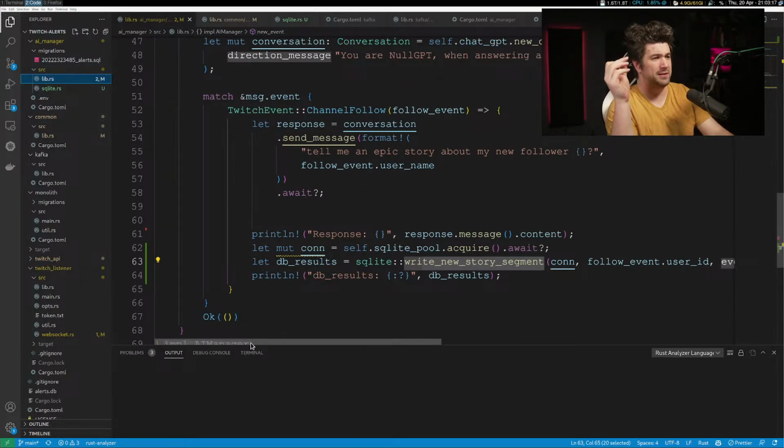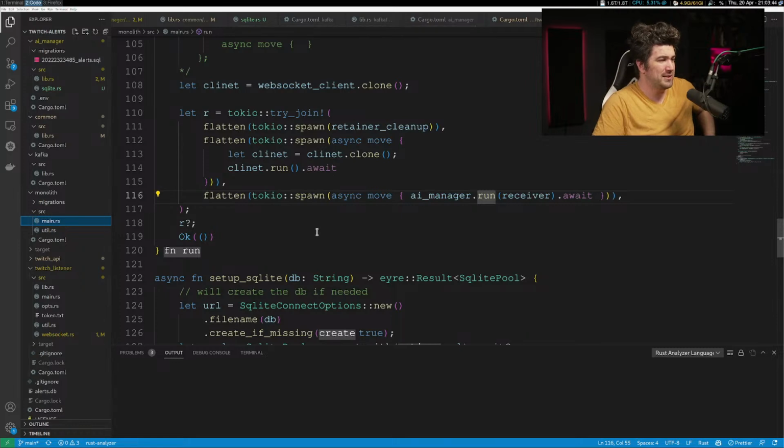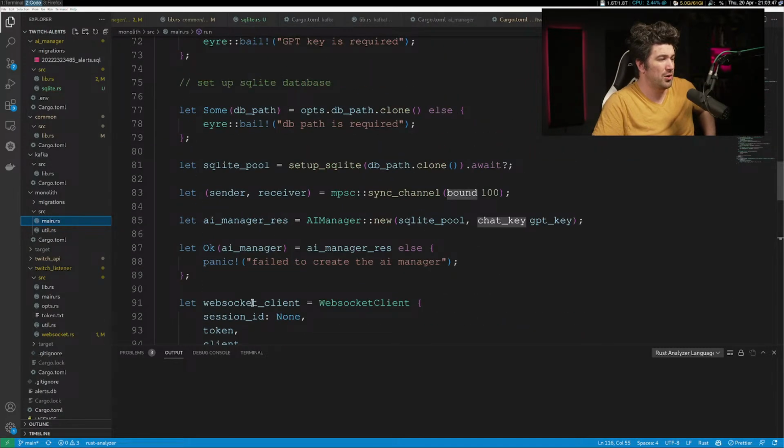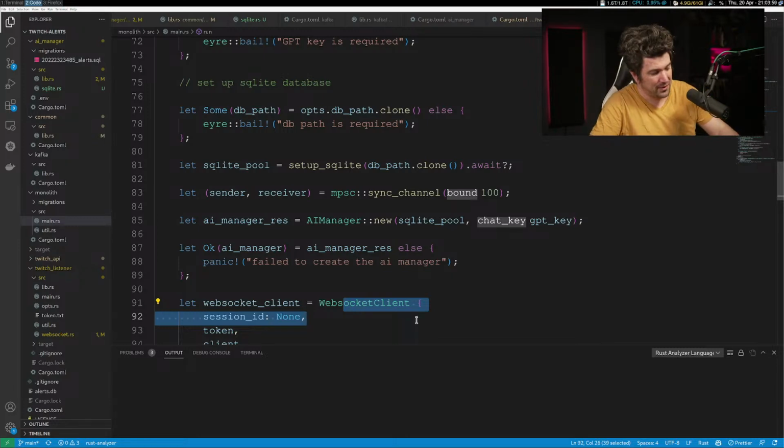The next thing that we need to do is actually be able to test this without sending a message. I think there's two ways to go around this. One would be we can use the AI manager without the Twitch portion, because we've made this clean interface. So I think that's what we're going to do, is in Monolith, have a way to spin this up without all the WebSocket garbage and all the Twitch stuff, so that we can run it in local mode. I think that's maybe the best way, because right now the testing is like,